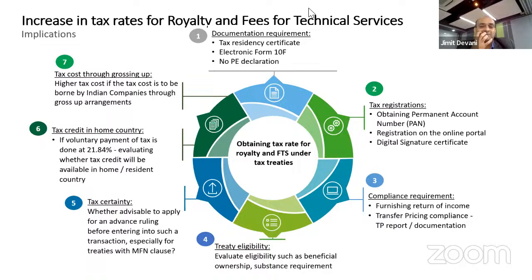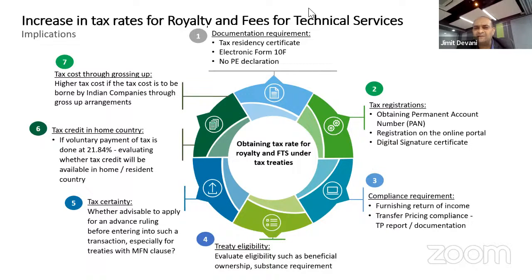We consider the purpose code for this vendor invoice payment. However, the vendor is from Israel and has also provided TRC. Do we need to deduct TDS? Sorry, what is the purpose code for this vendor invoice? I don't know. The vendor is from Israel and has provided TRC. Do we need to deduct TDS?